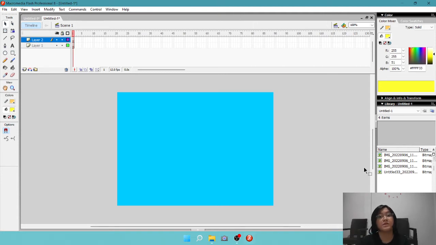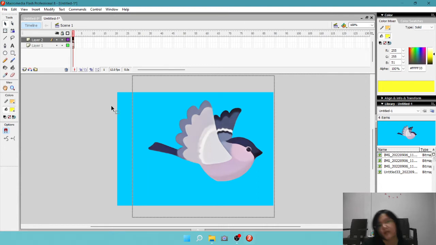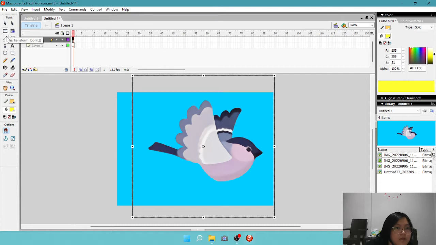To make the bird move, we click the first bird image, then click and drag it onto the canvas, then click the Free Transform tool and the scale option.